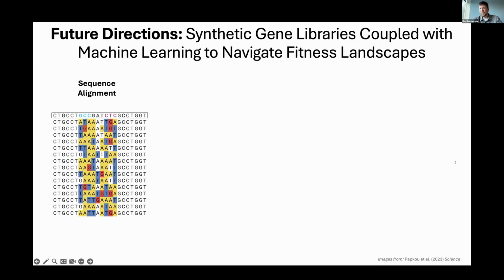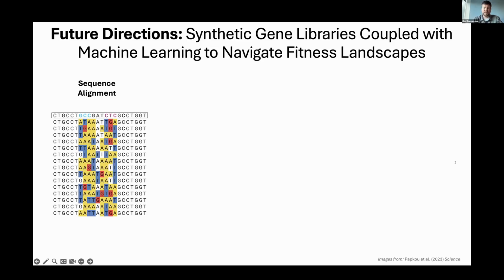Okay, where do we go from here? So future directions include coupling the results from our synthetic gene libraries with machine learning models to navigate fitness landscapes. So everything that I've showed up to this point was data that we were able to pull out ourselves and parse through and figure out what was going on. But by incorporating this into machine learning models, we're really hoping to unlock a lot more insights into the variant